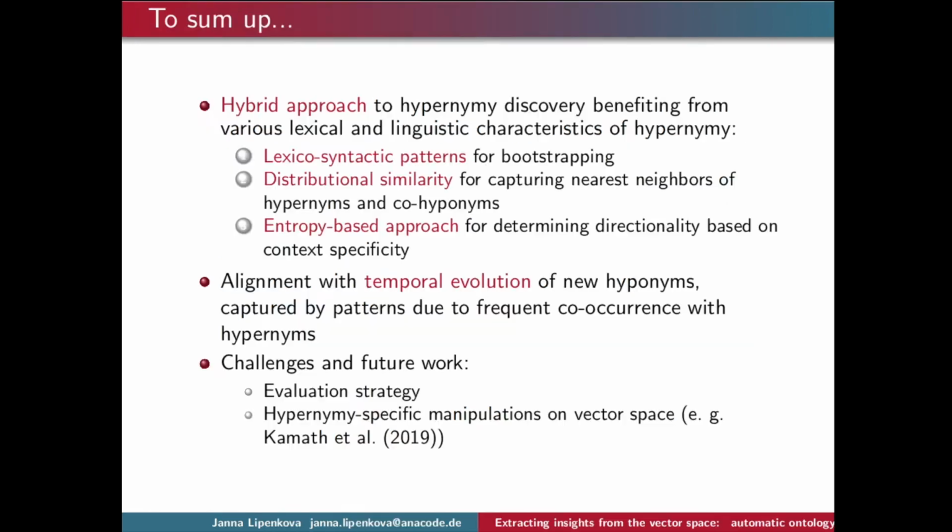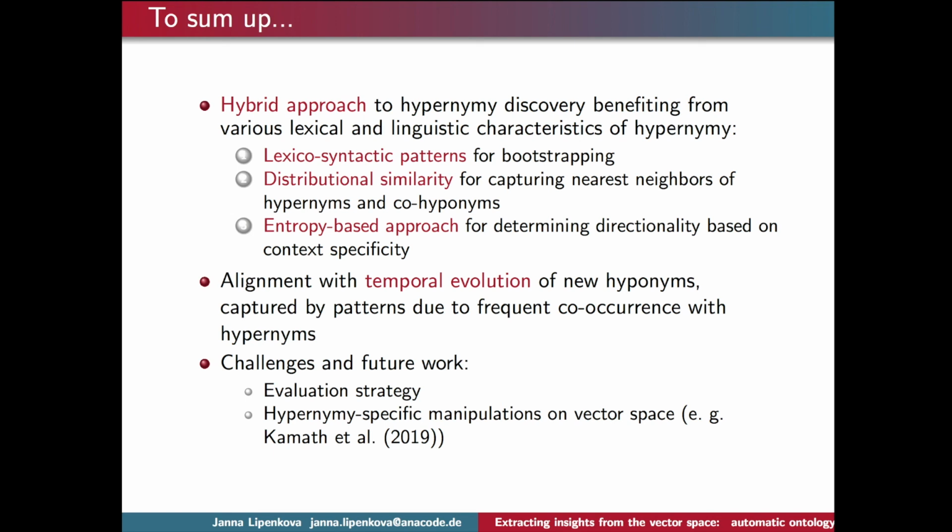hyperonymy pair. Good. To sum up, I presented a hybrid approach to hyperonymy discovery, which benefits from the various lexical and linguistic characteristics of hyperonymy. So we have a rule-based step in the first phase, which uses lexicosyntactic patterns for bootstrapping. Then we continue by finding out the distributional similarity relations for capturing the nearest neighbors of hyperonyms and their co-hyponyms.